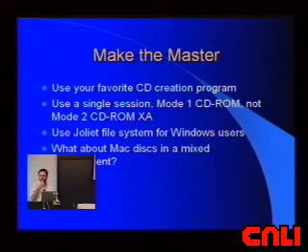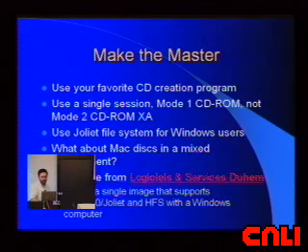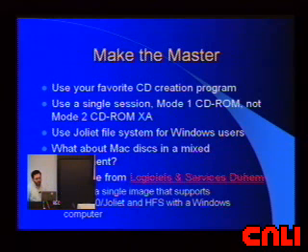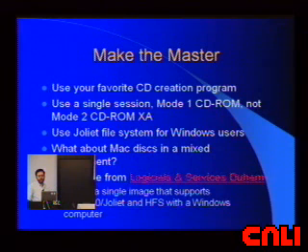What about Mac disks in a mixed environment? Well, I didn't want to have to go buy a Mac and a bunch of Mac programs to test it. But I did find a program called MacImage. Actually, the company's URL is mcdrive.com. What it lets you do is, on a Windows computer,